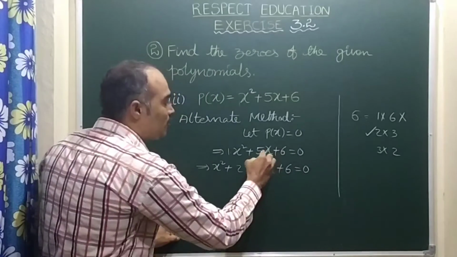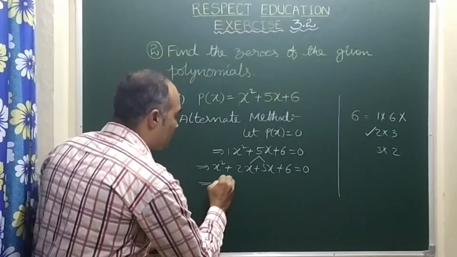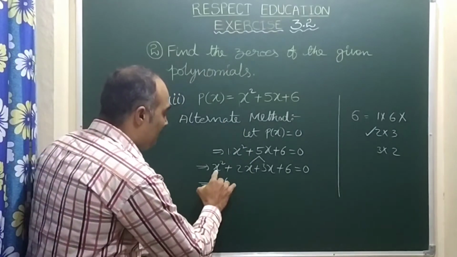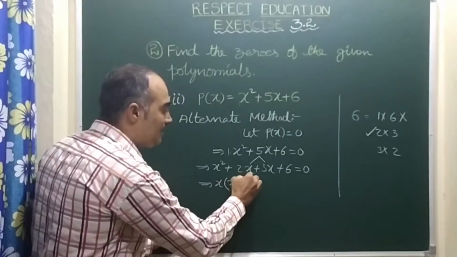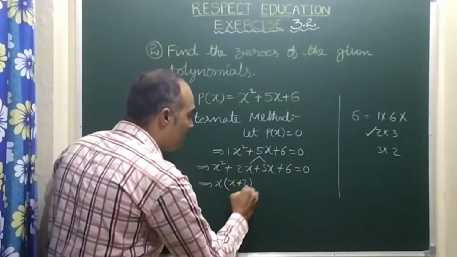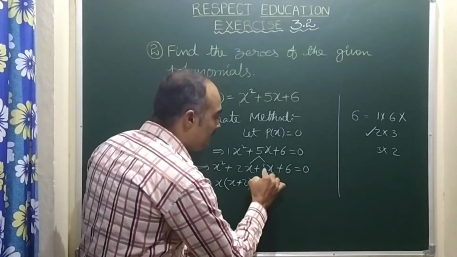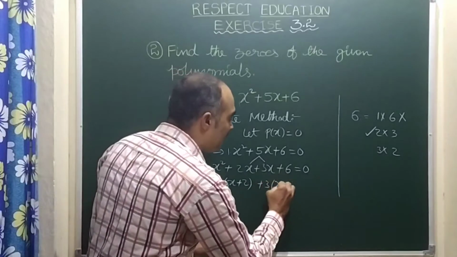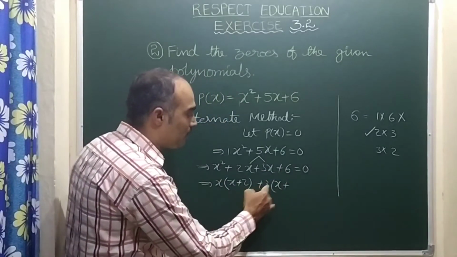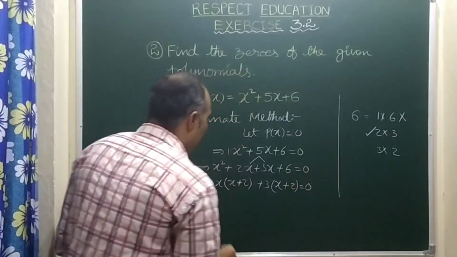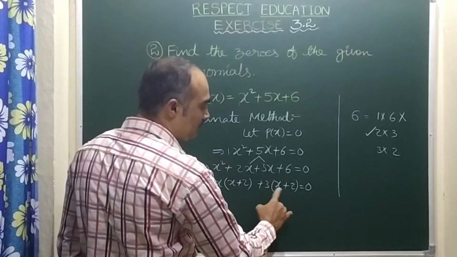This is called splitting the middle term. Now in the first two terms I take x common. So in x square and 2x, when I take x common, one x is left, plus in 2x, x I have taken as common, so 2 is left. In these two terms, I am taking 3 as common. In 3x, when the 3 goes as common, x is left here, plus in 6, that is 3 into 2, 3 came out, so 2 is left. So now x into x plus 2 is one term, 3 into x plus 2 is the second term.